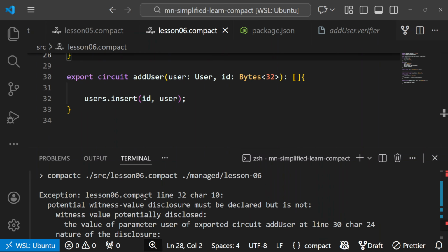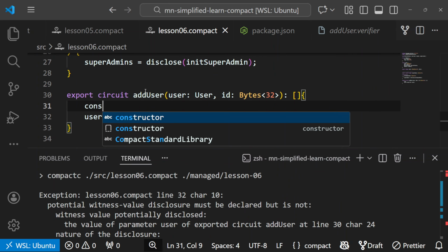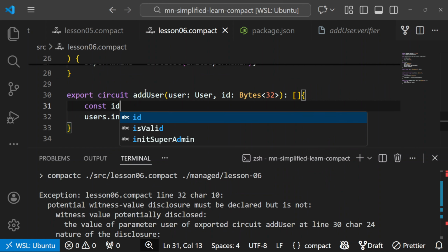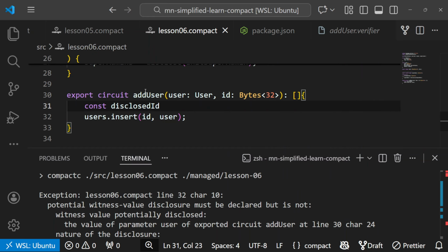It's saying something similar to the error we had before, saying witness value disclosure must be declared. It's a witness value, and potentially disclose, which means we have to explicitly disclose that value. So what we can do is just say, okay, maybe const disclosed ID. Disclosed ID is equal to